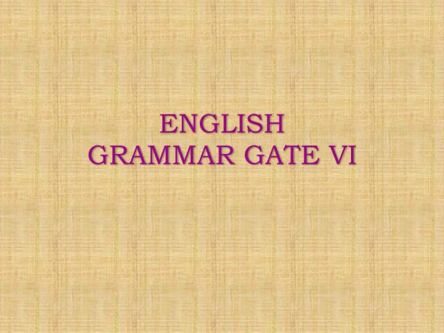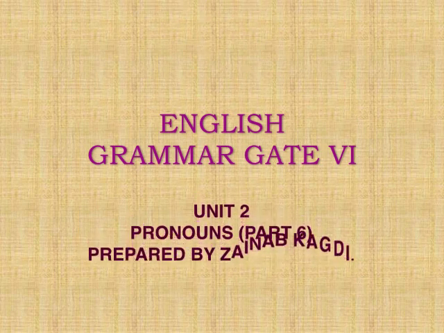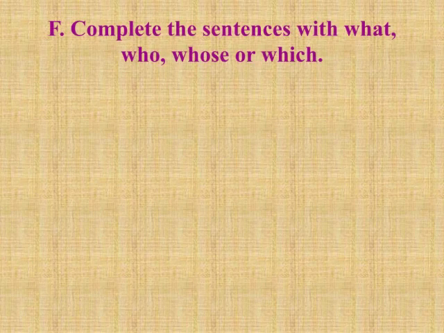We are back with English subject for class 6th from the Grammar Gate, Unit 2, Pronouns. Before beginning with a different type of pronoun, let us have a revision of what we studied yesterday and homework exercise. Yesterday we studied that in interrogative pronouns for persons, we use who, which, whom and whose, and for animals or objects we use which or what.